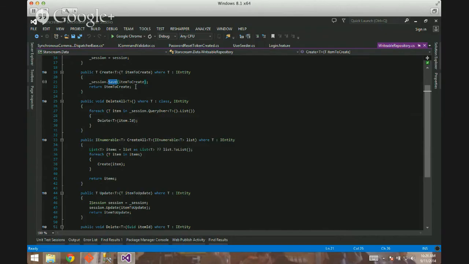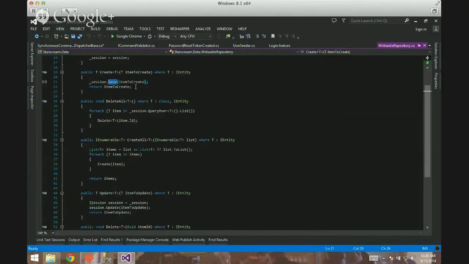Gotcha. So now he's okay with repository pattern. No, right now he's not. Okay. Hey. Well,